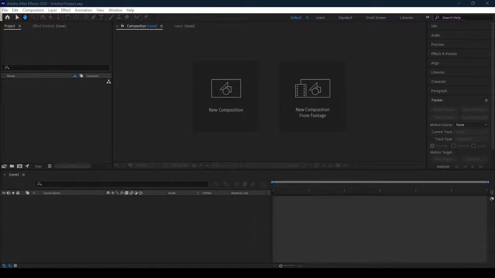So we are going to work on facial tracking. We have done many kinds of tracking, like normal motion tracking. We have done 3D camera tracking. We have done stabilizing tracking. We also have done tracking from Mocha. Okay, so now we will do facial tracking, which is specifically designed for